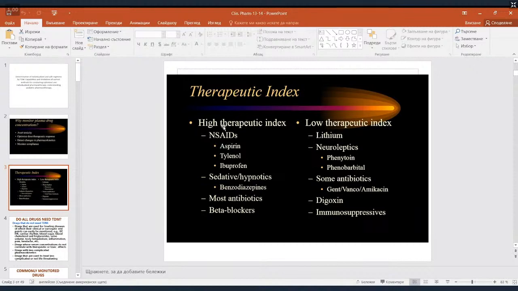Actually, it is not a drug with a very high therapeutic index, because in order to get to the toxic doses of paracetamol, you only need to take 6 or 7 tablets. One tablet is usually 500 milligrams of paracetamol. So if you take, let's say, 6 or 7 tablets per 24 hours, there is a risk of getting hepatotoxicity,